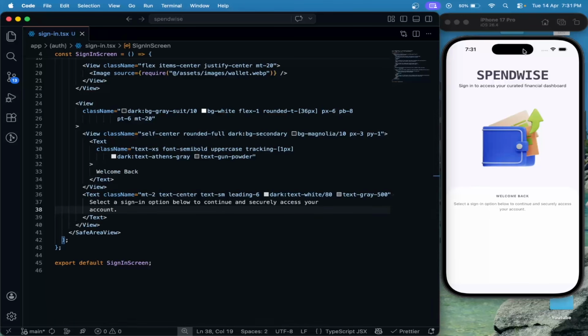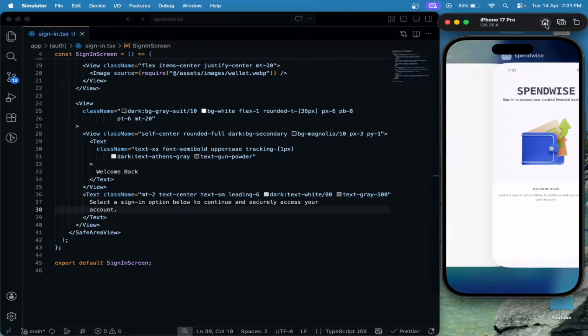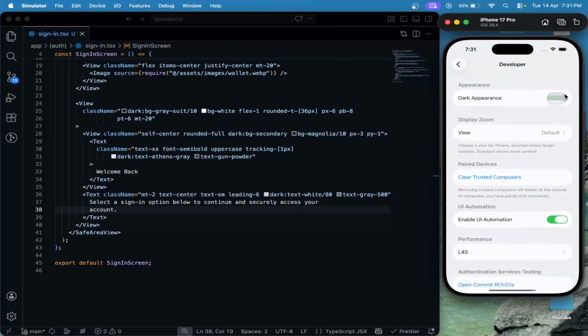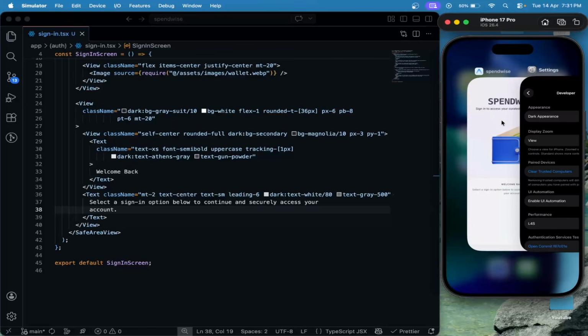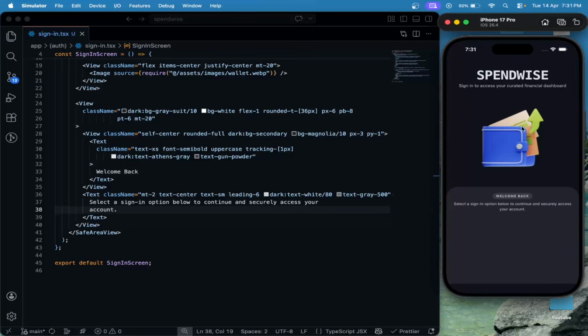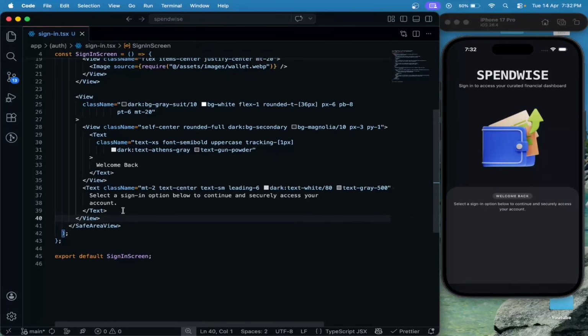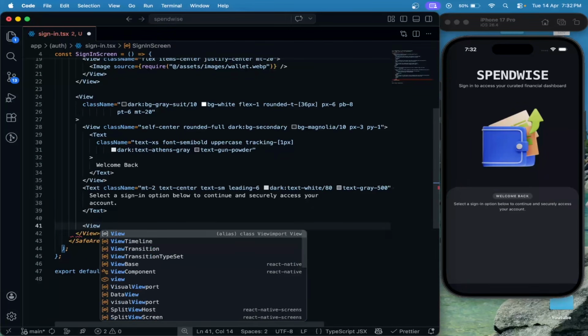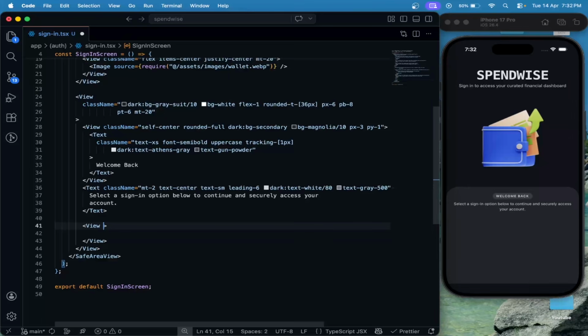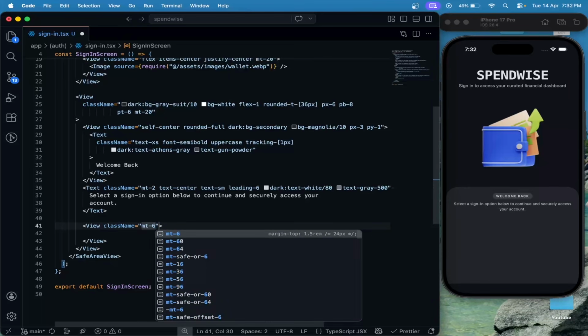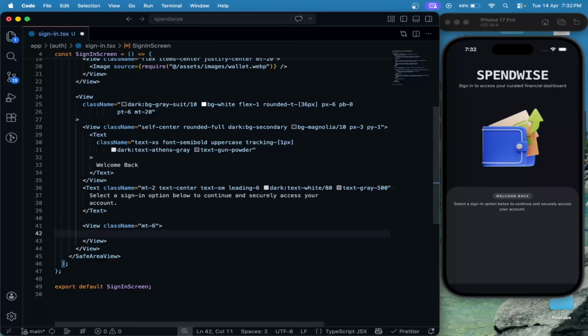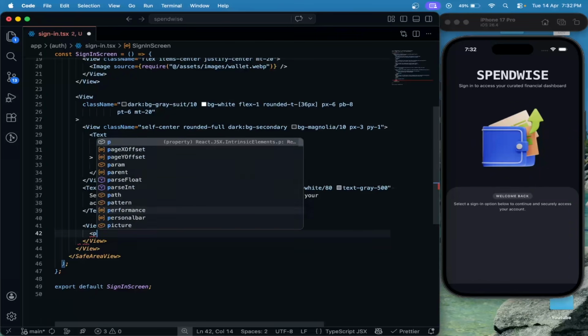So what I will do, I will switch to dark mode. Let's switch to dark mode to check how it is looking in dark mode. Yeah, I think it is looking good. Now after this text, I will take one view and I will give margin top 6 to this view, which is 24 pixel. And inside this view, we are going to use one component which is pressable, which is similar to button in React or Next.js. I will use this pressable